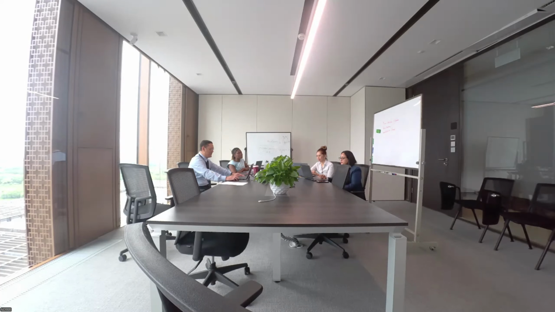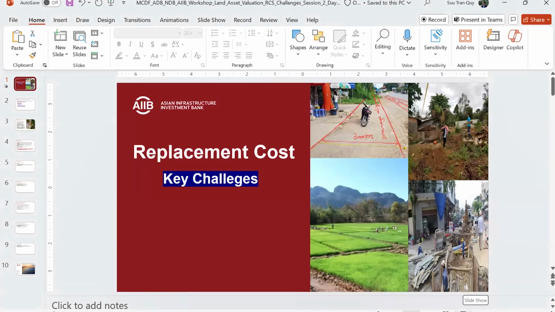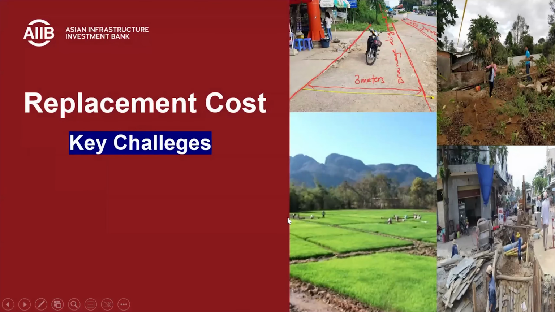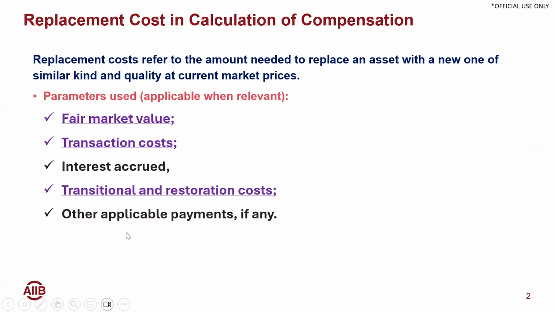So now allow me to discuss the key challenges with replacement costs. As we already discussed in the previous session, the replacement cost principle involves 5 elements and components, which are fair market value, transaction costs, interest accruals, transitional and restoration costs, and other applicable payments, if any. But in practice, at least from AIIB practice, 3 components: fair market value,